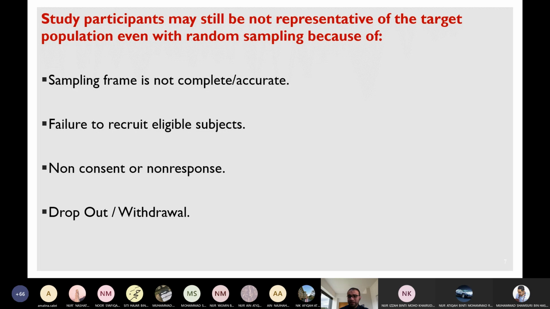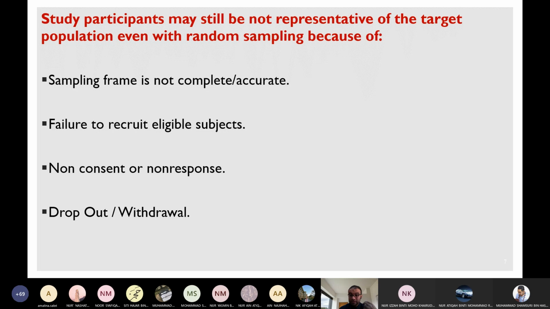So by the end of the day, in every research, even if you do random sampling, meaning everyone has the same chance to be included, we still have a possibility that the sample we included, the study participants, will not really represent the population, because perhaps of an incomplete or inaccurate sampling frame,